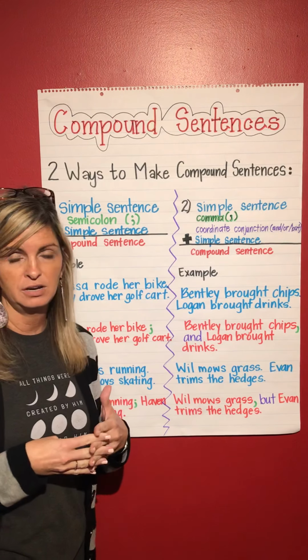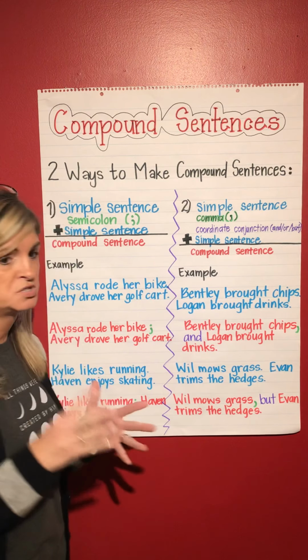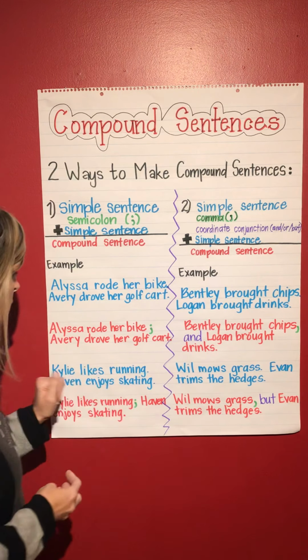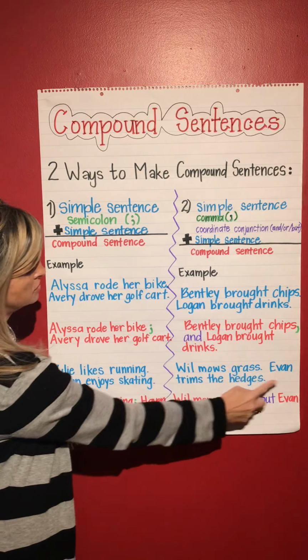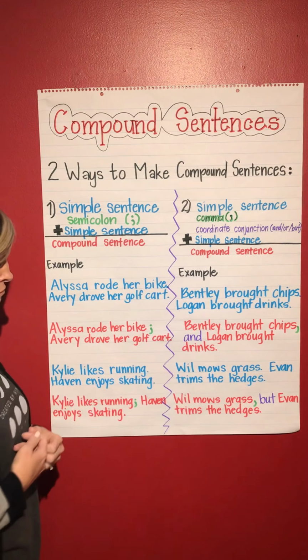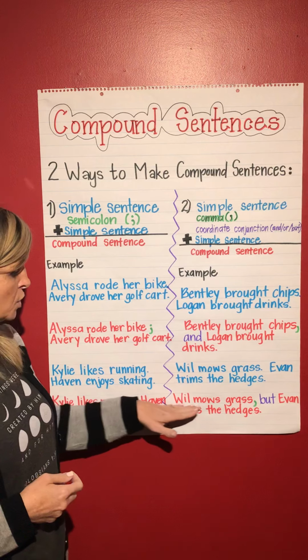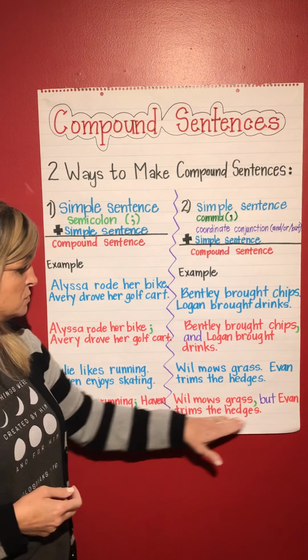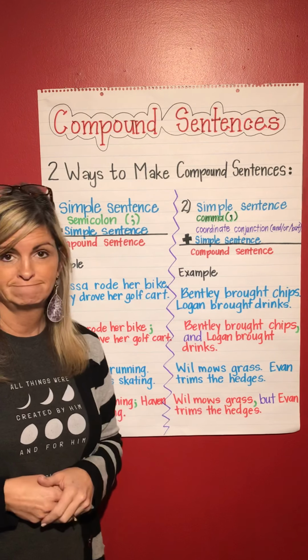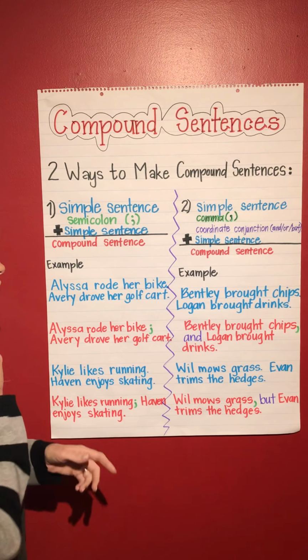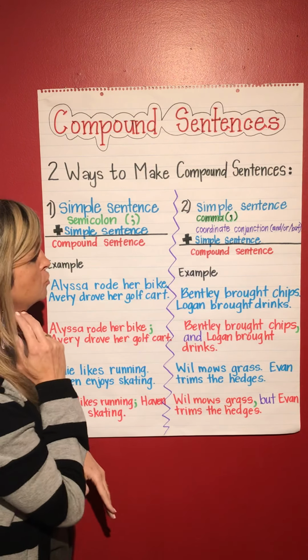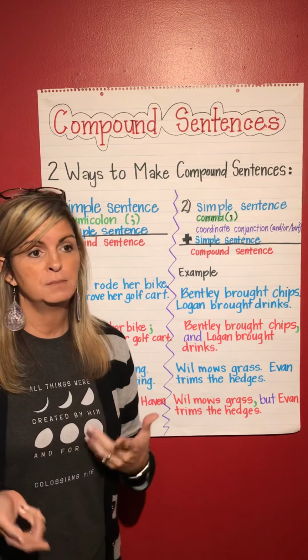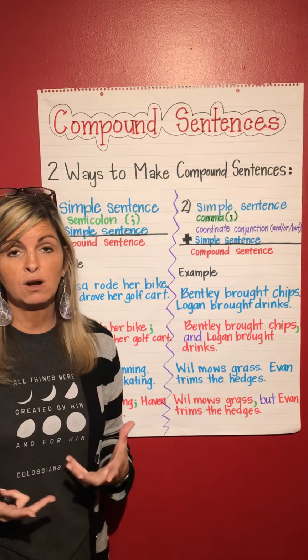Here are two sentences that have the same verbs. Will mows grass, Evan trims the hedges. So here's another way. Will mows the grass, but Evan trims the hedges. One of the ways, and I didn't have room to put that on our poster, is that we could use or. A question is an interrogative sentence is a